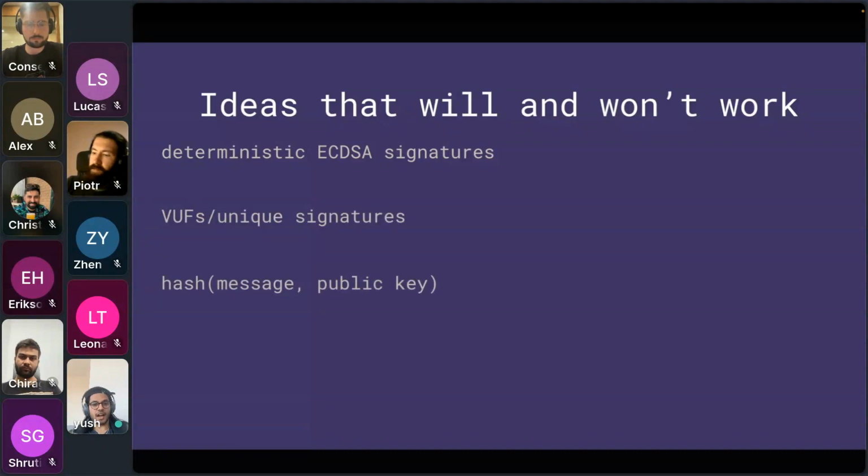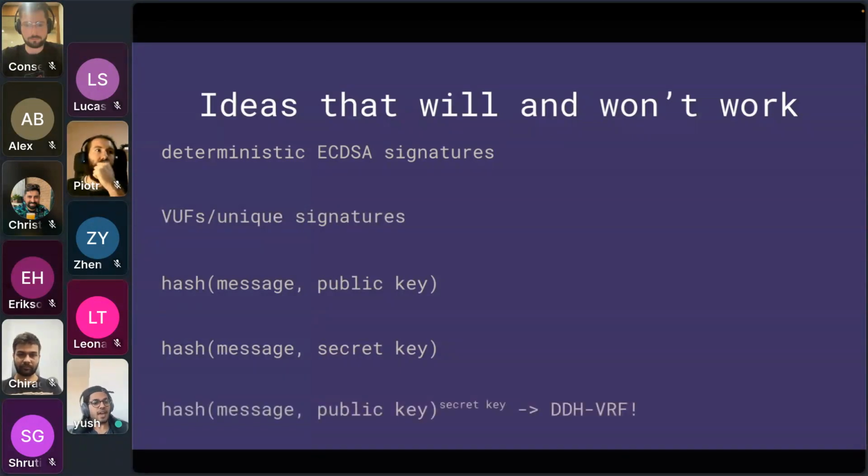We could try something like the hash of message and public key. And this is getting quite close. Each public key only has one, it's unique, it's verifiable, it's deterministic. But the issue is this is actually not anonymous, although it seems like it. I can take every public key in Ethereum and calculate the hash of message comma public key, and this would de-anonymize you. So it's close, but not quite there. We can't use the secret key because this would require the secret key to verify. But we can do the hash of message comma public key to the power of secret key, because there's actually a pretty interesting way to verify this without your secret key.